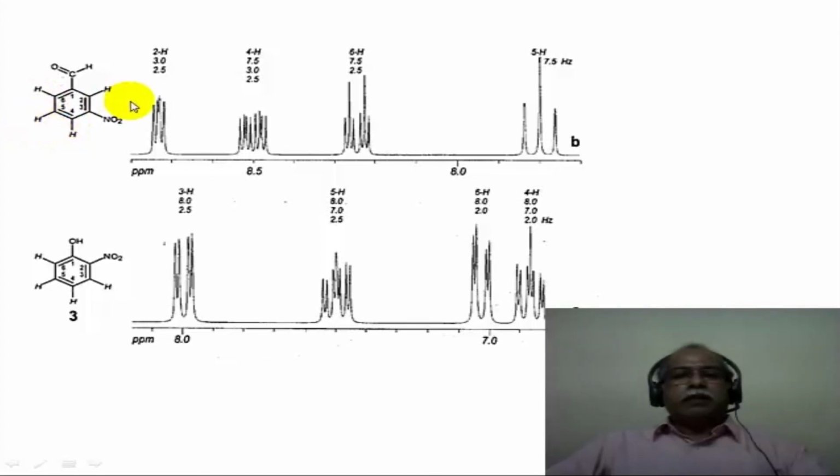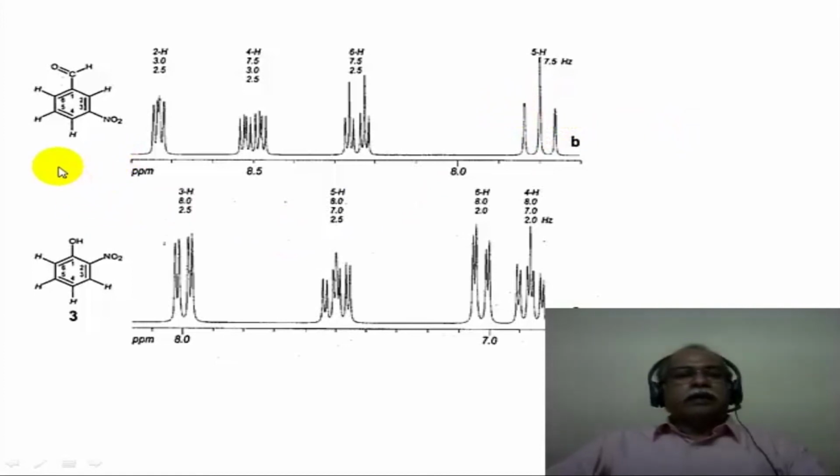And then if there is a para hydrogen which is not coupled, it would simply be a triplet. In fact, hydrogen number 5, which is labeled here, is seen more or less like a triplet, except that there is a small coupling between the hydrogens para to each other, which is not very clearly seen in this case. So only the ortho coupling is seen, which is about 7.5 Hertz, the gap between line 1, 2 or 2, 3. So it looks more or less like a first order spectrum.